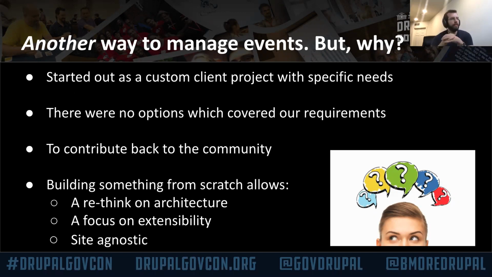There's a multitude of reasons why individual instances in an overall series might be slightly different. And the problem we found with most of the aforementioned modules is that they don't really allow that sort of thing. Date Recur, for example, you can't really modify a specific instance. You can't say that this one is in this location or is at this slightly different time. And so that was really the crux of the issue for us. And so we set about building a custom module for them.